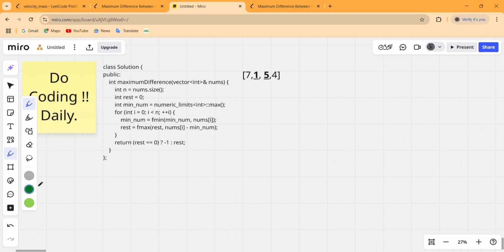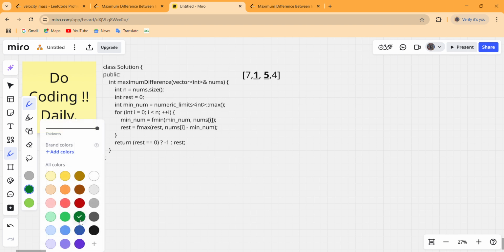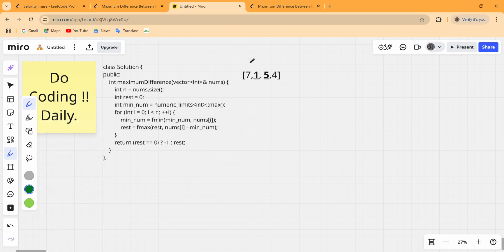As we start iterating this array, our i points to this location first. We have to find the current minimum element till this location, so update our minimum num to the minimum possible value till this ith index.